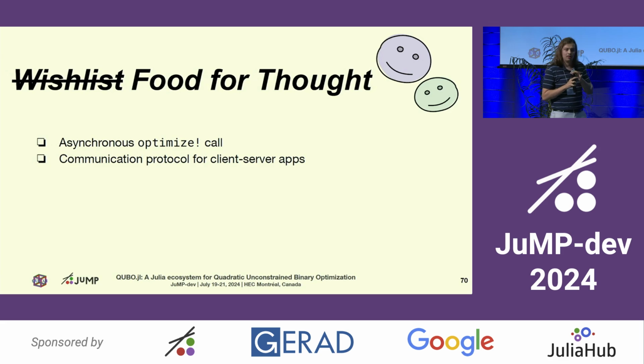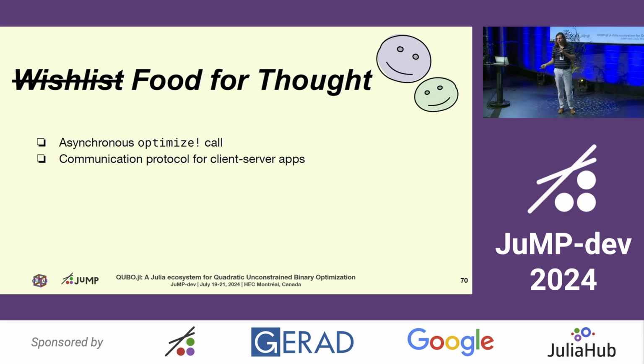All right, and from the time that I spent working with this new machine, there were some ideas about things that would be nice to have in JuMP. So this is just some food for thought, maybe for ideas for the hackathon tomorrow. They're setting up this LED machine that works using light to compute and to solve these optimization problems. It's something that you need to have inside the lab, but you want to deploy this using a cloud service. And in fact, this is true for other services such as the one that IBM has and other companies.